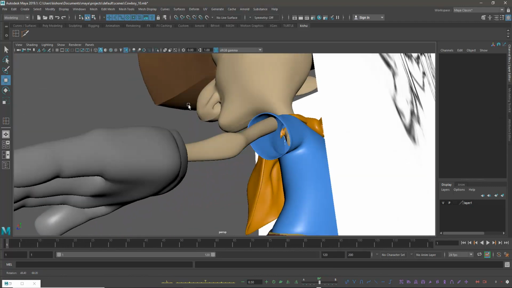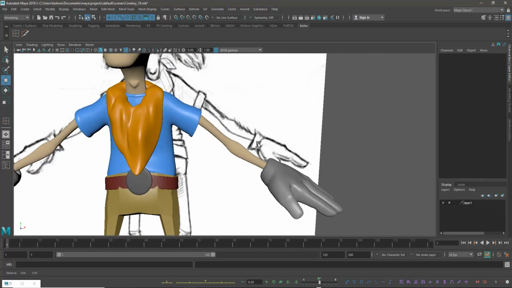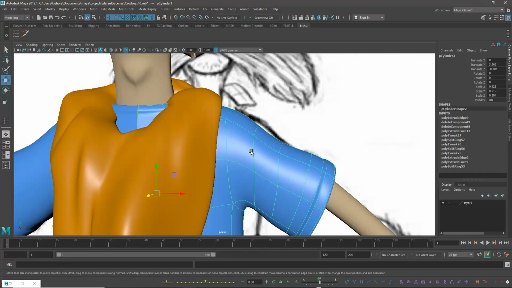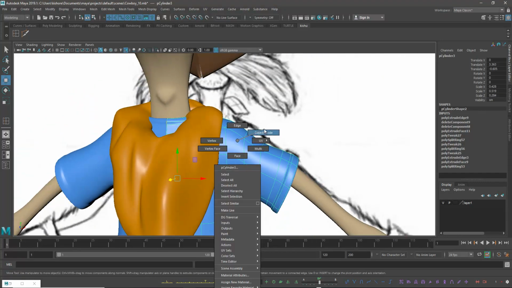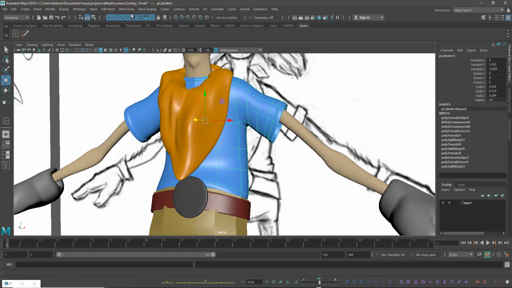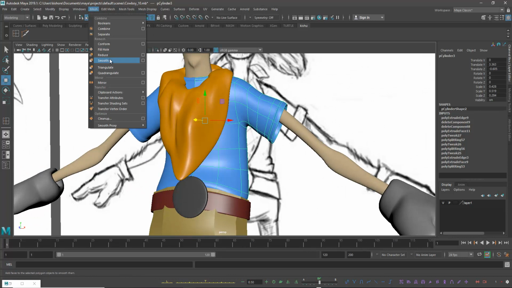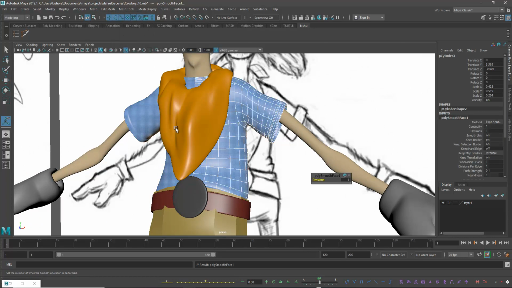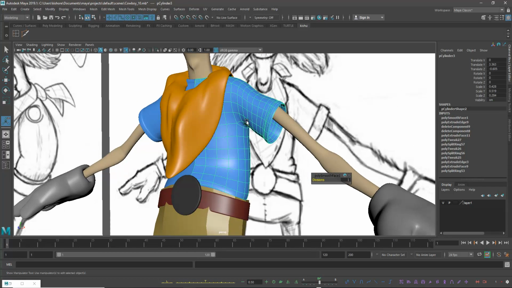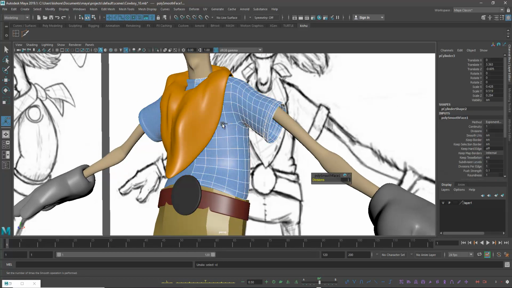So this way we can bring the details, whatever it is, and the same way here also. Once you feel it is okay and you have the details, then you can give smooth for the entire character model. When you give smooth, you see that line flow, whether it will be flexible for the rigging also or not.